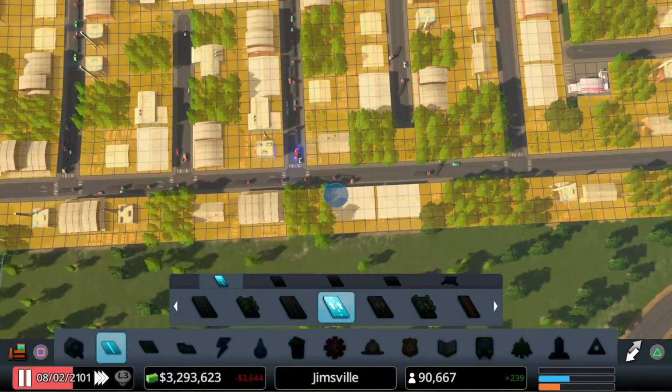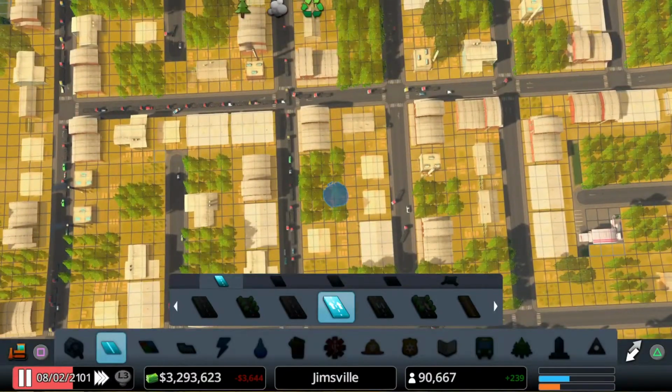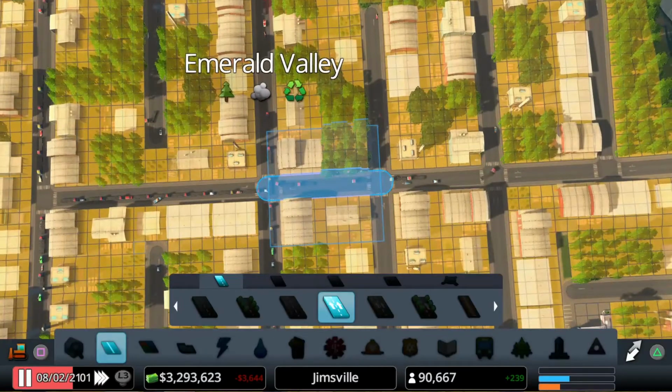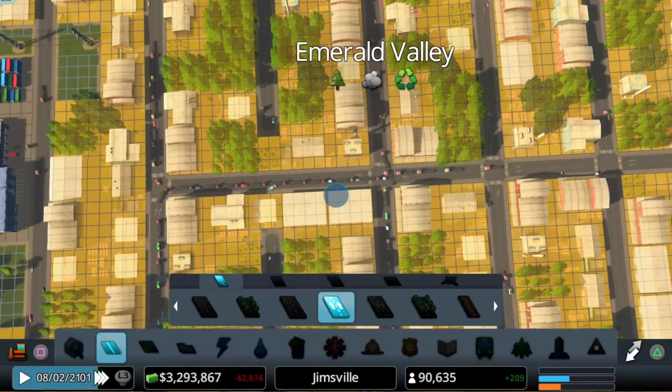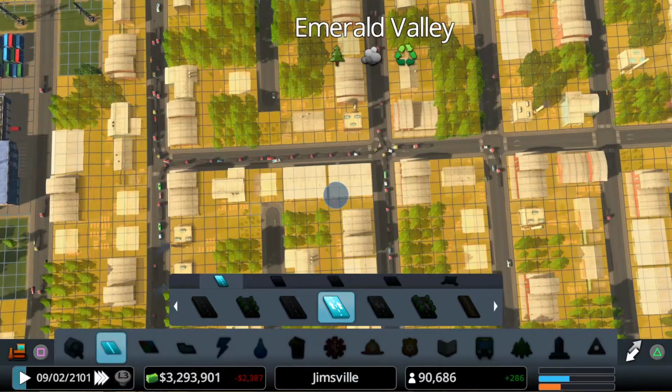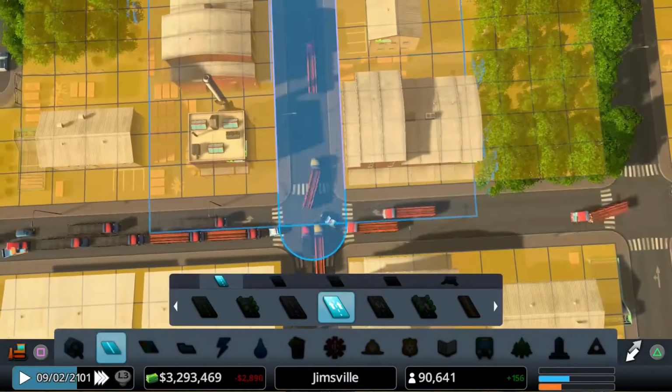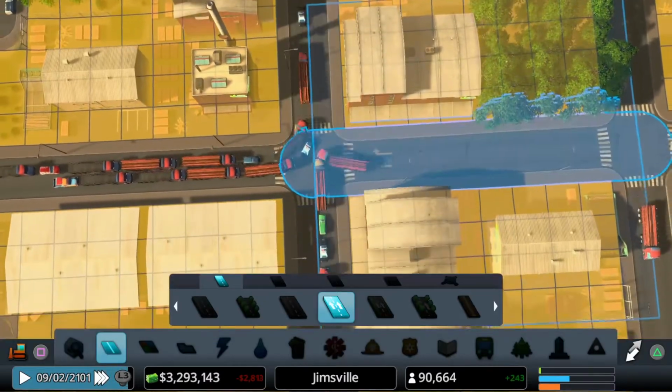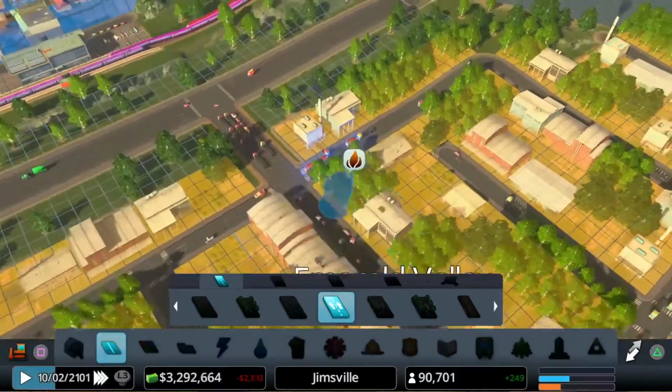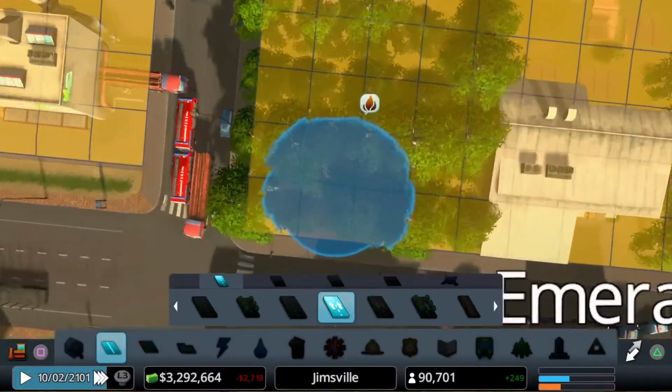Alright, I think we are good to go with that. Let's watch the traffic try and sort itself out. So this is going to be a very busy junction with all that traffic merging in there. Which is why I was thinking of making that 3-lane as well.